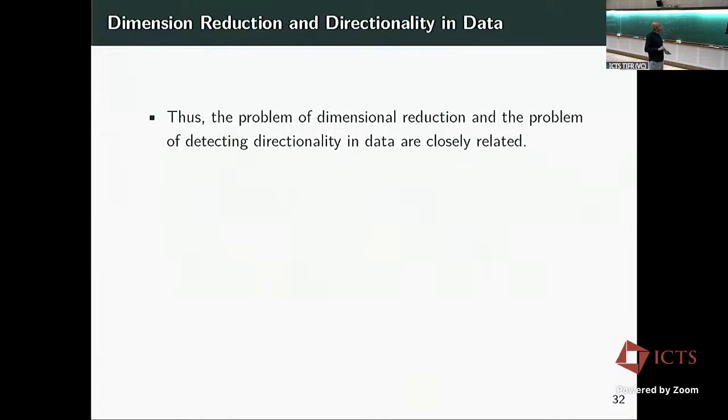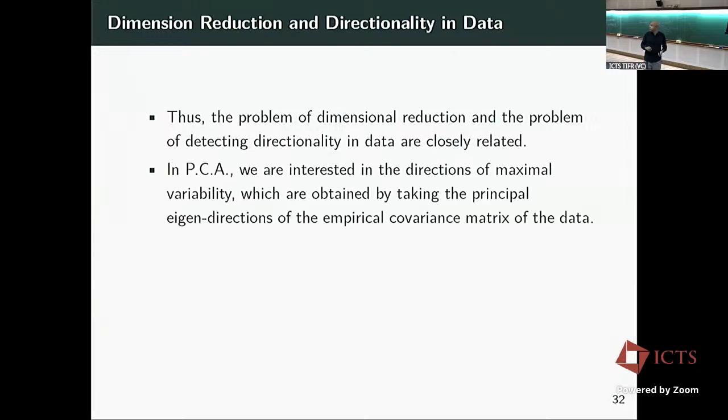The problem of dimension reduction and the problem of detecting directionality in data are closely related. Yes? Excuse me, sorry, just something that's bothering me. Is one way to think about this in the physics language just as a set of free fermions, as a free fermion gas? Yes. And so should I think of this clustered data as two species of fermions? I think two species is more reasonable because you have to also explain why this blob exists and doesn't shatter. I see. So we think of some free fermion field theory with two species, and that gives us exactly the two-point function that you had. Yes. Okay.